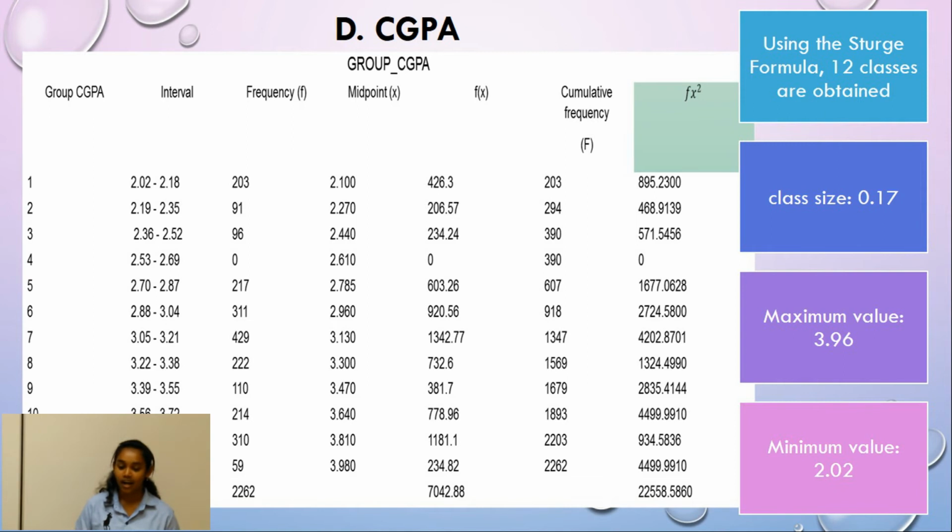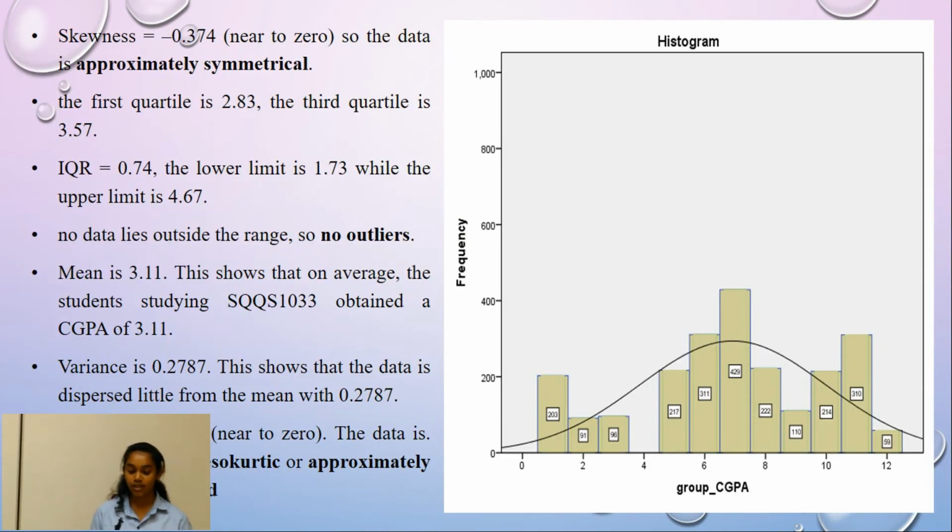Okay. After that, CGPA. To analyze the CGPA, we use the Sturges formula, which gives 12 classes. The class size is 0.17 and the maximum value is 3.96 and the minimum value is 2.02. Okay. From the graph, we can explain that the skewness is equal to negative 0.374, near to 0, so the